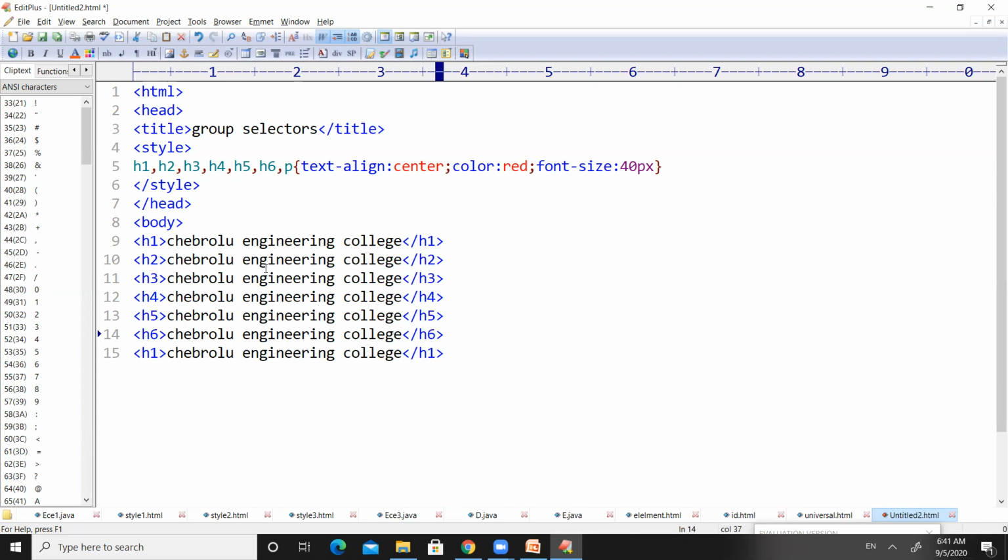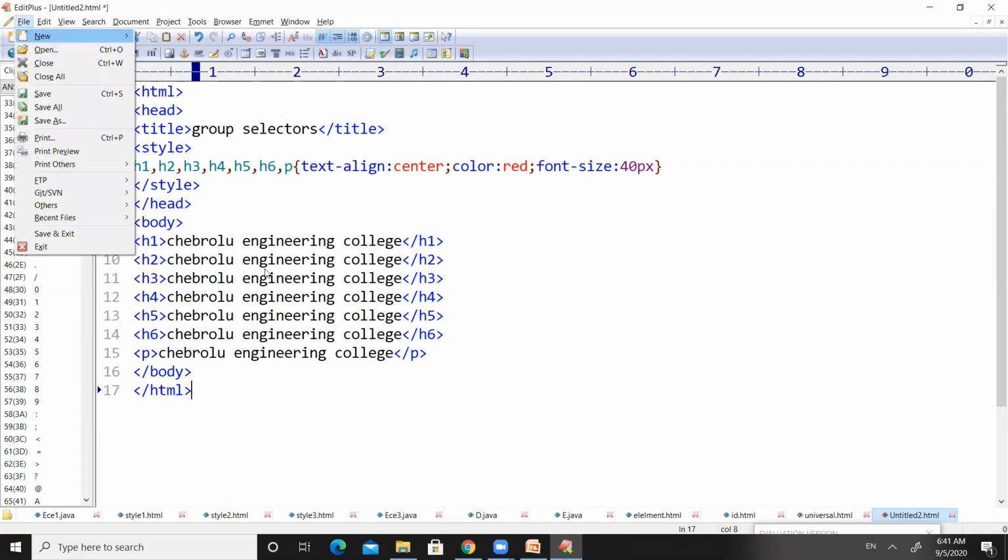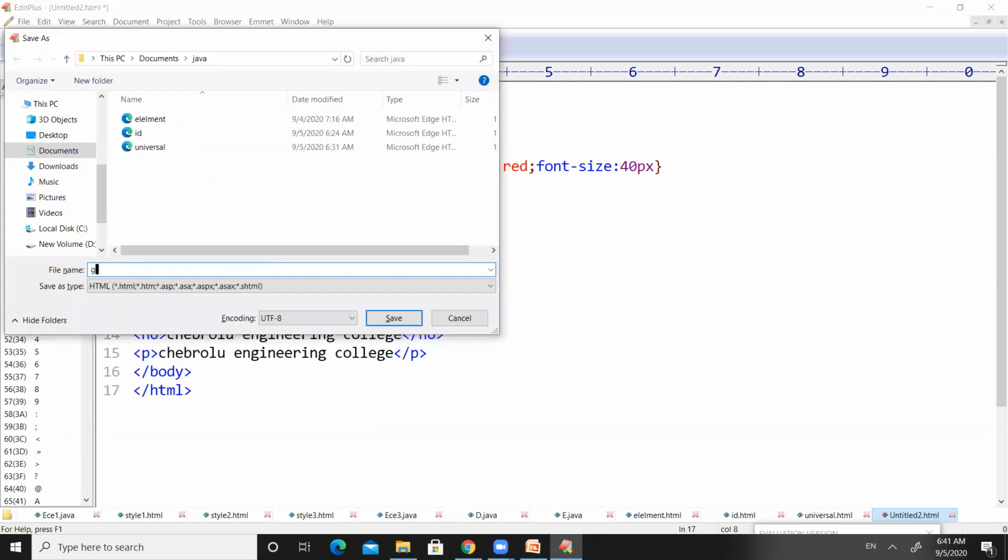So group selector will have the same styles for a group of elements in HTML, right? I have completed using all the tags. So let us close the body tag here. And after closing the body tag, let us close the HTML tag. Now, save the code with the name group.html, right?